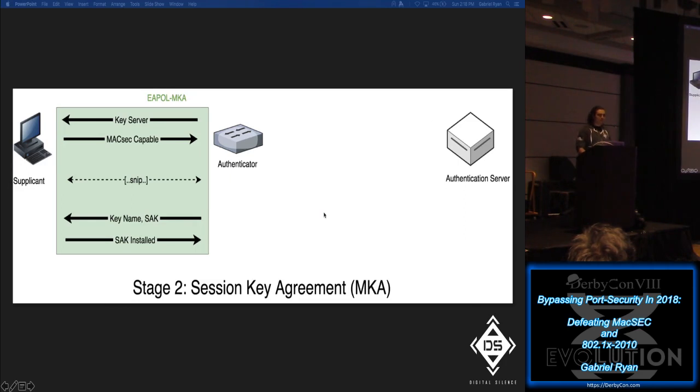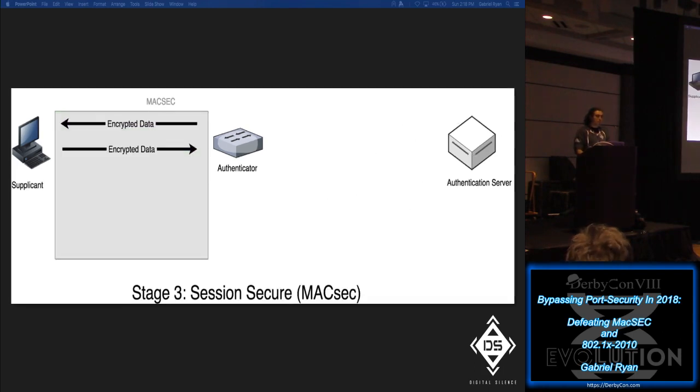And also we have the next step, the session key agreement. When this happens, the authenticator is going to determine whether or not the supplicant is actually capable of supporting MACsec. And if it is, you have the key name and SAC is installed on the supplicant, and then you proceed to stage 3. Stage 3 is actually when MACsec is actively being used to encrypt all data